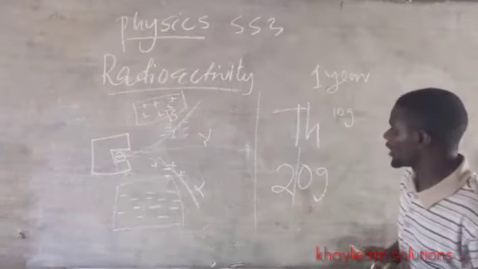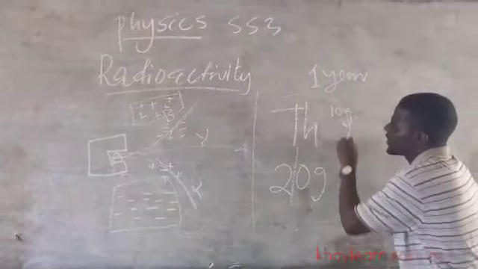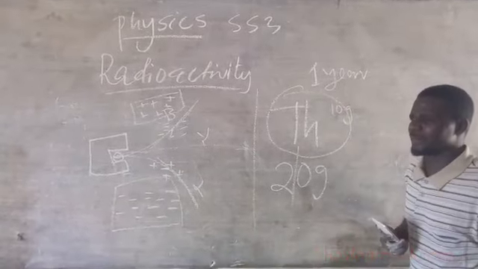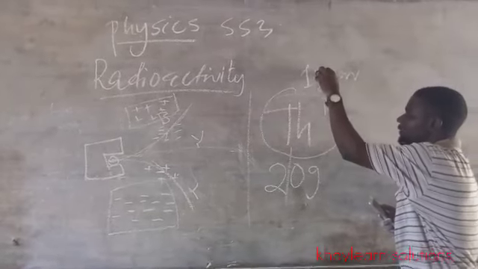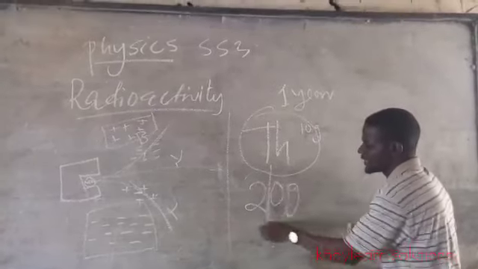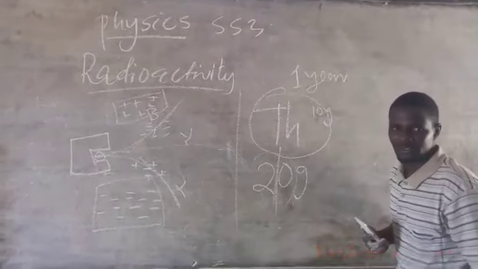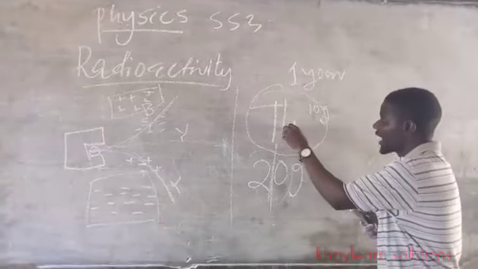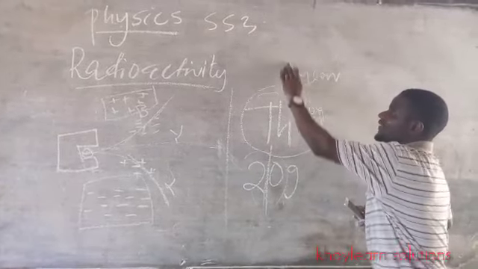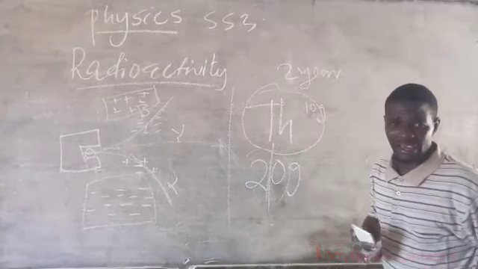So that's what is called natural decay. Once you keep this thorium in a place for some time and it reaches 1 year, half of this 20 will decay and leave half, because the half-life is 1 year. If the half-life of thorium is 2 years, meaning